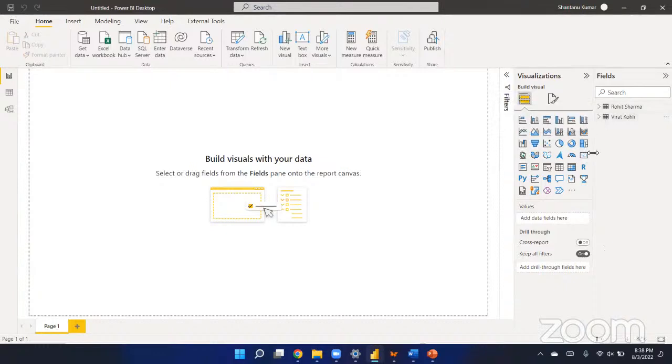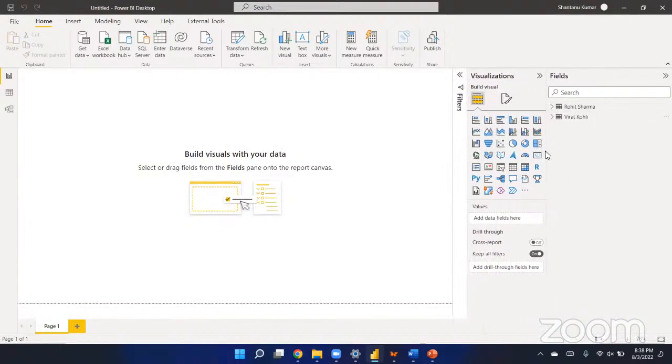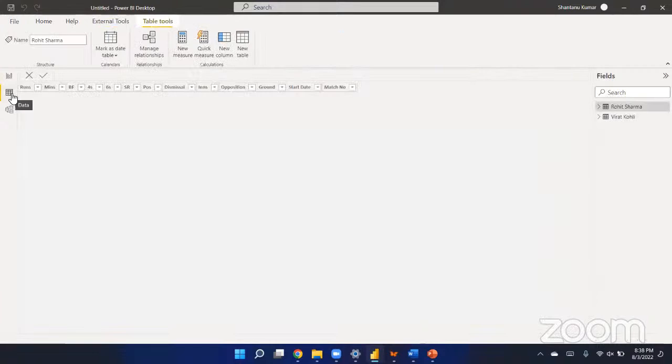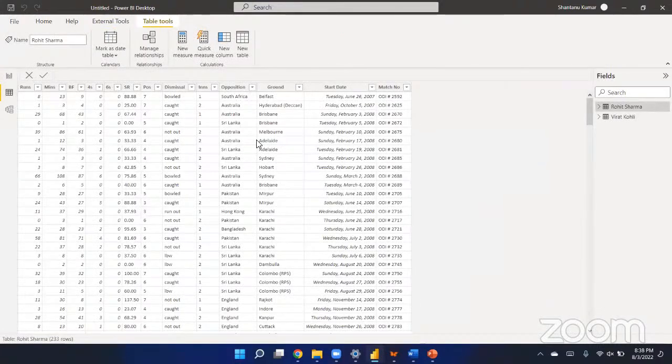So please review the right-hand side far corner. This is where I have the two worksheets. If I want to take a quick look at the data, I can click on the data option on the left-hand side. This is where I can take a quick preview of the data. So this is Rohit Sharma's data,